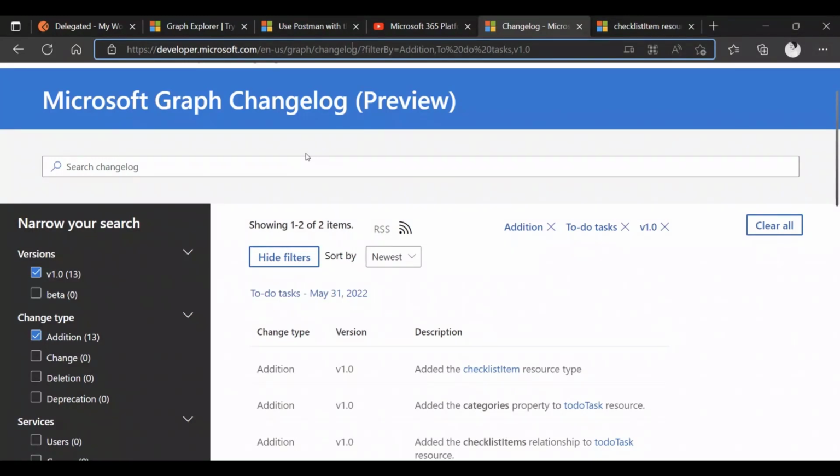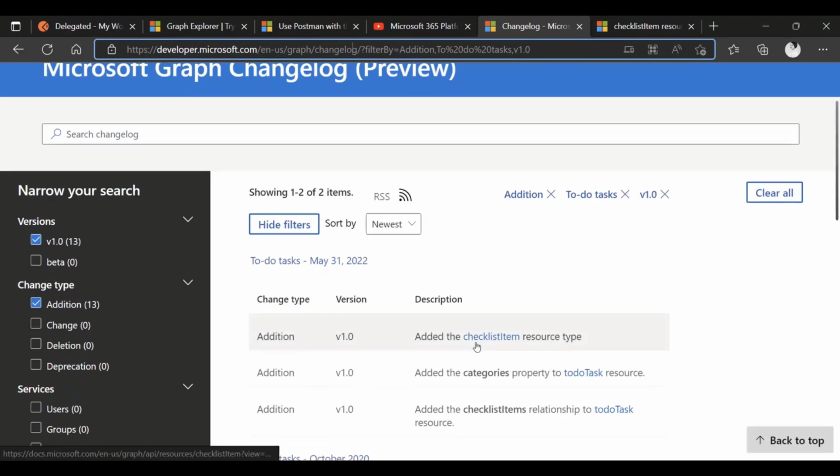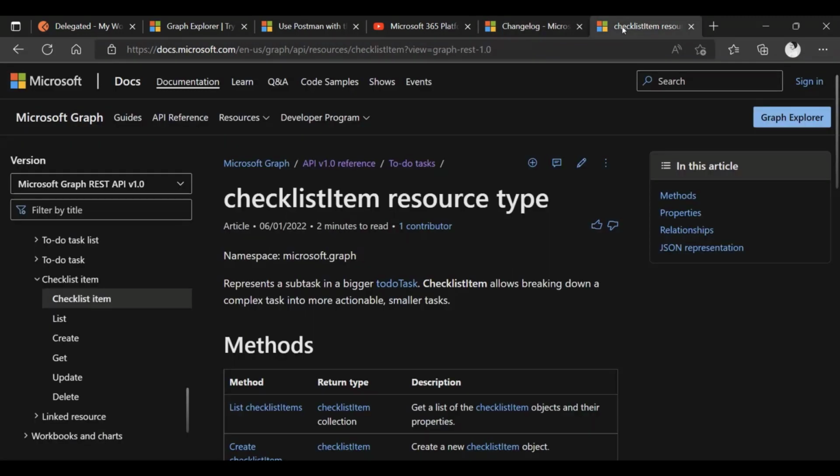I was just checking what we added very recently that is not available on the collection and that I can use for my demo. And it turns out there is this checklist item resource that was recently added to the To Do tasks API. So if I click on this item, I can go to the documentation and see everything related to it, and I can get the request that I want to add to the collection.